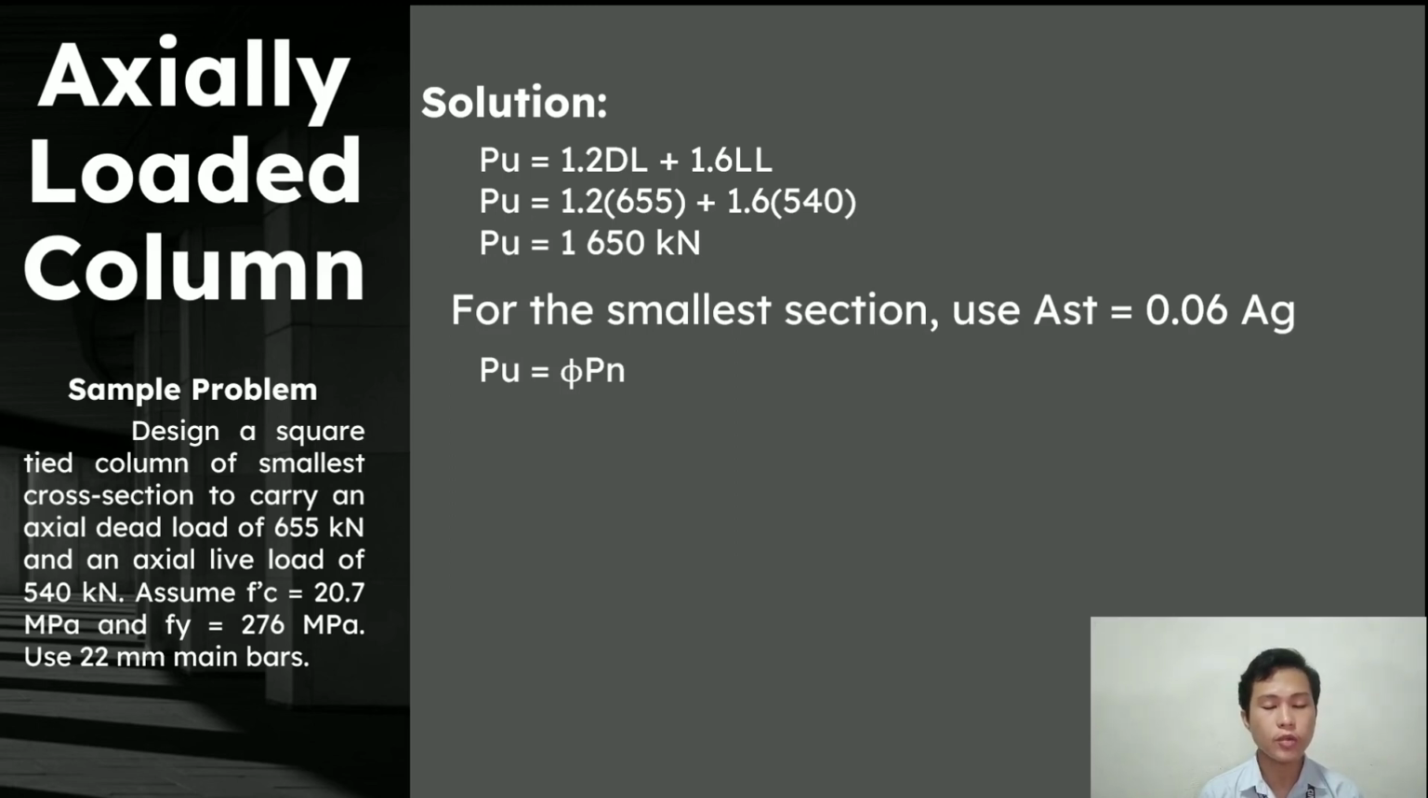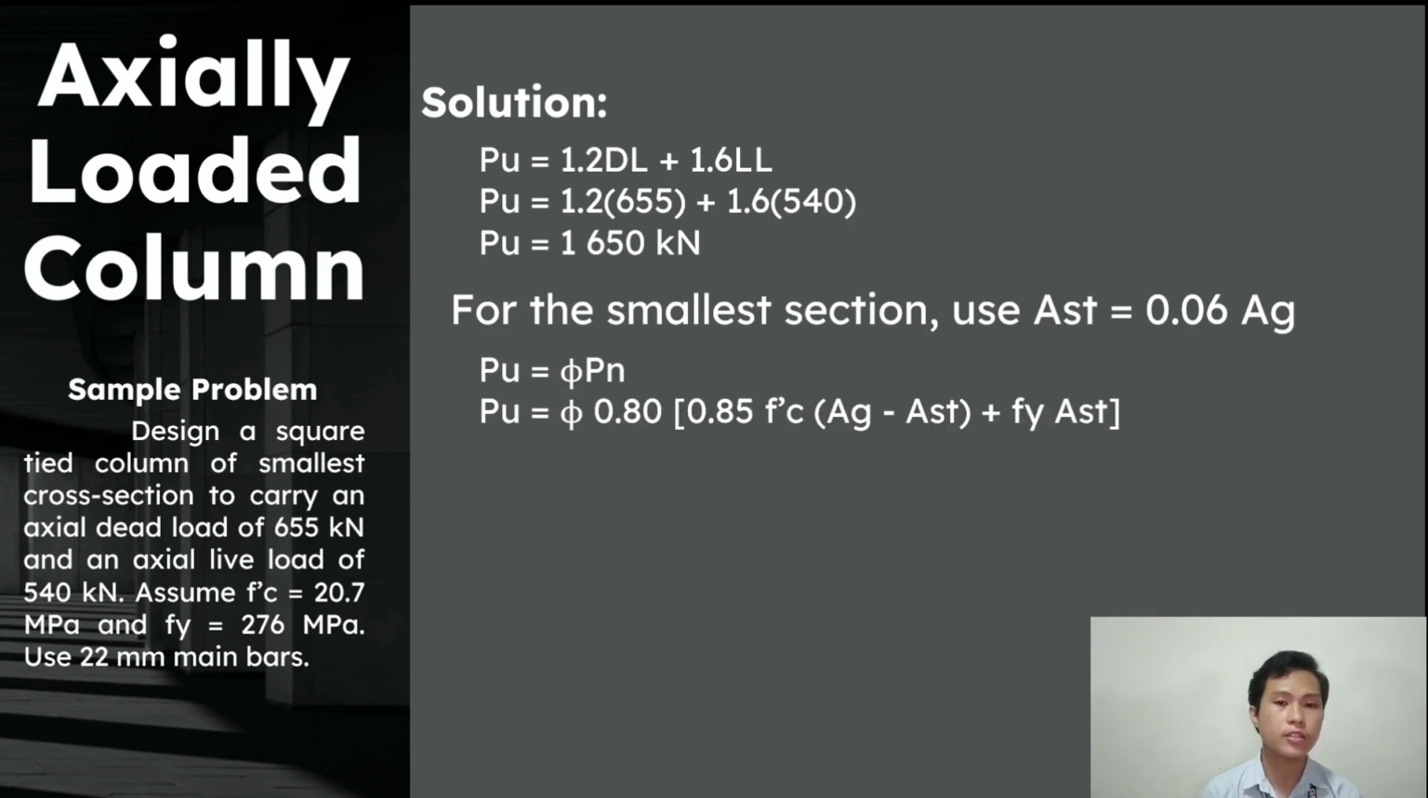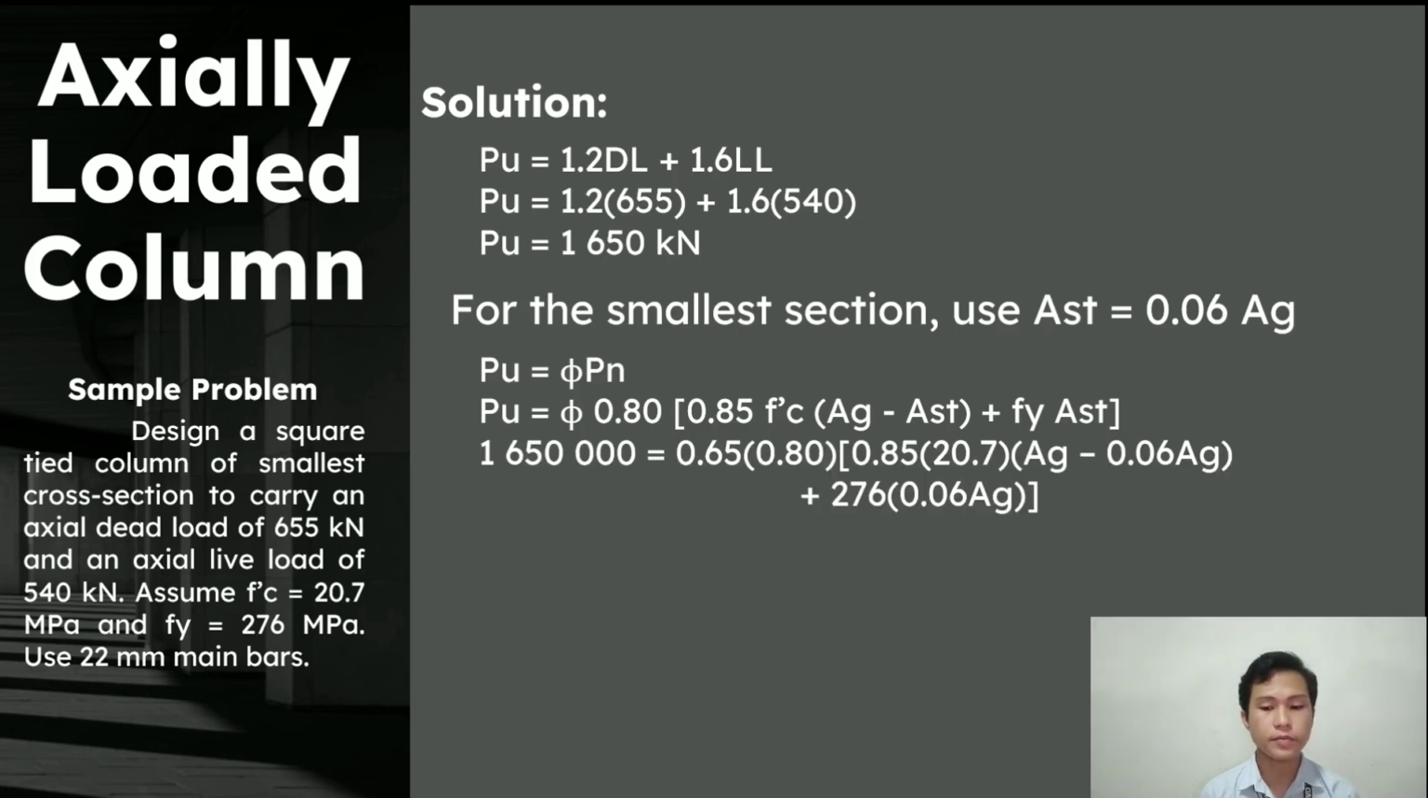Our Pu is also equal to our phi times Pn, where our phi is our reduction factor and our Pn is equal to 0.8 times 0.85 times f'c times Ag minus Ast, plus fy times our Ast. By substituting the values, we'll get